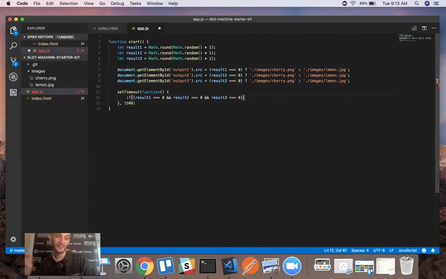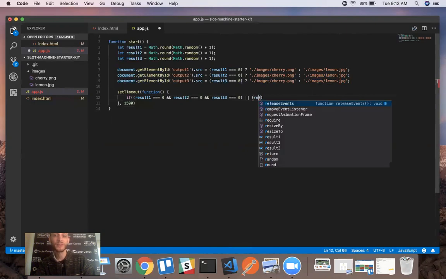Well, that means they're all the same fruit, right? They're all cherries. So if that's the case, they win, right? They got the jackpot, okay? But we also need to take into account if it equals all lemons, right? That's also a jackpot, okay? So let's go ahead and put an OR operator here,